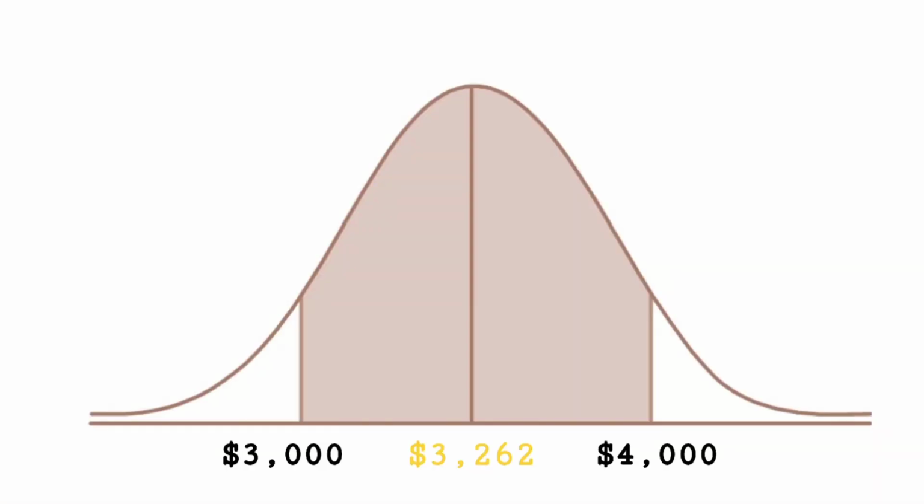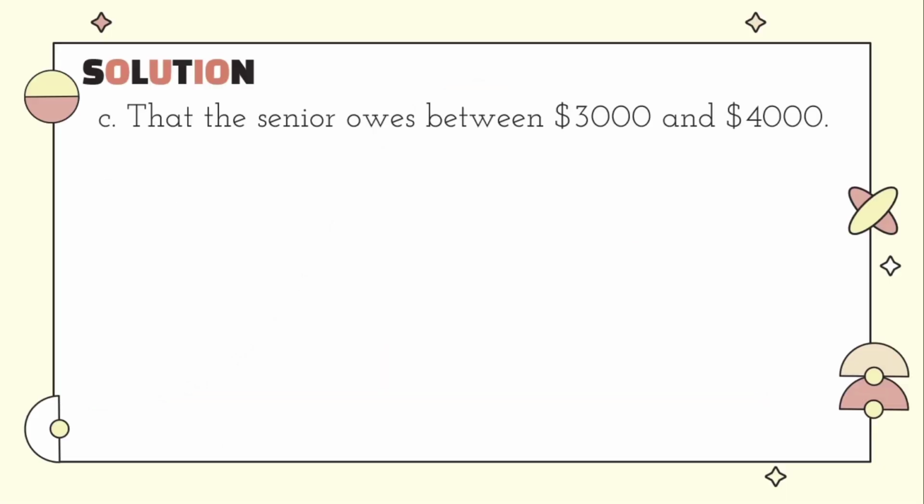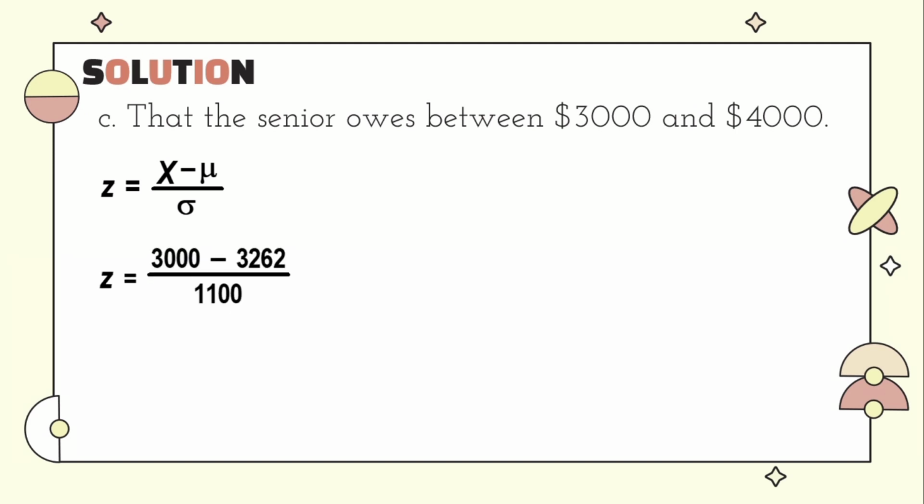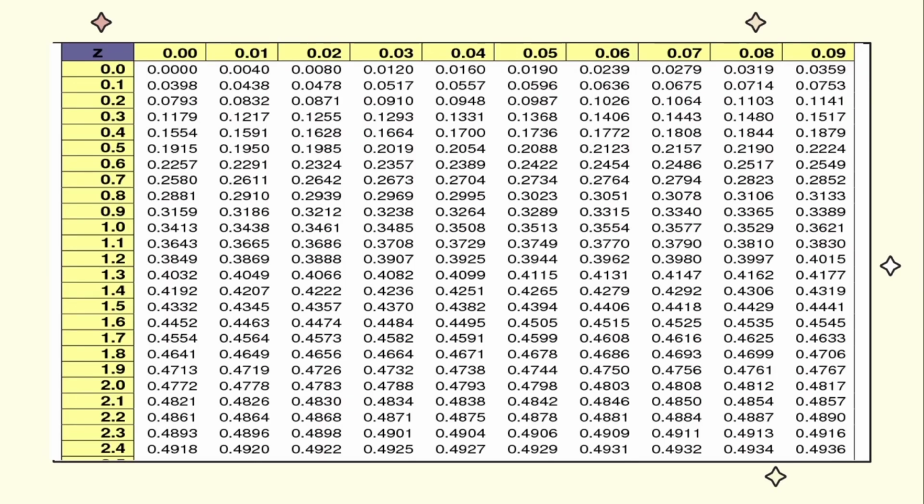Let's move to our last problem, which is to find the probability that the senior owes between $3,000 and $4,000. So, this is the figure and illustration of area of our problem. Next is to find the z value using the same formula. For $3,000, we have z is equal to 3,000 minus 3,262 divided by 1,100, and that is negative 0.24. The area of negative 0.24 from our table is